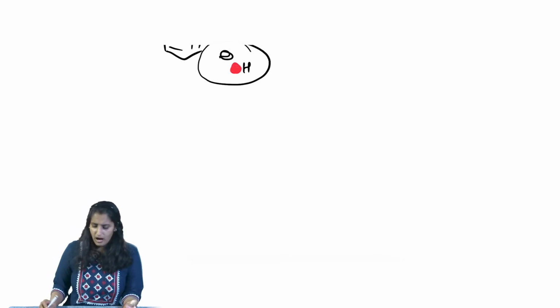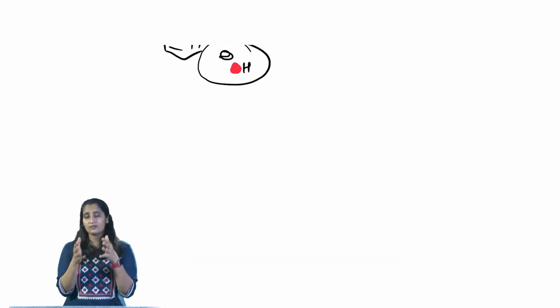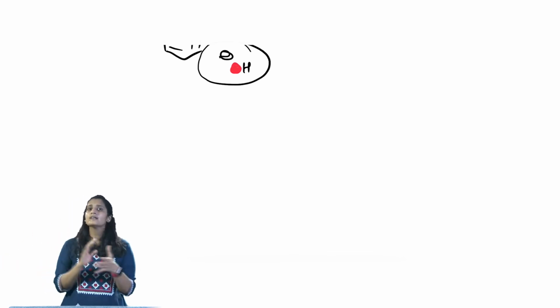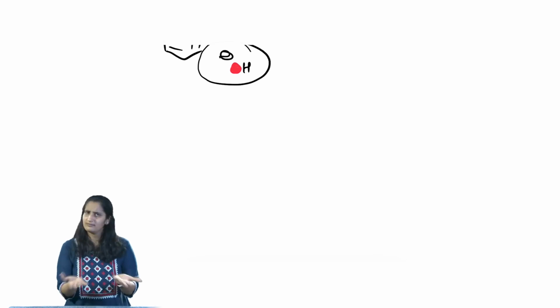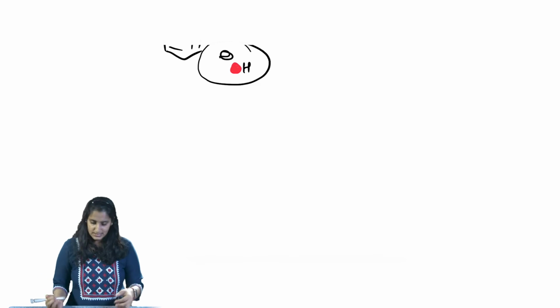So, how do we know the tendency of these different derivatives to do this reaction, to do this addition step? It is going to depend on the electrophilicity of that carbon, right? If the carbon is a much better electrophile, the nucleophile is going to find it easier to attack. Very simple logic. So, how do we decide the electrophilicity? So, you have